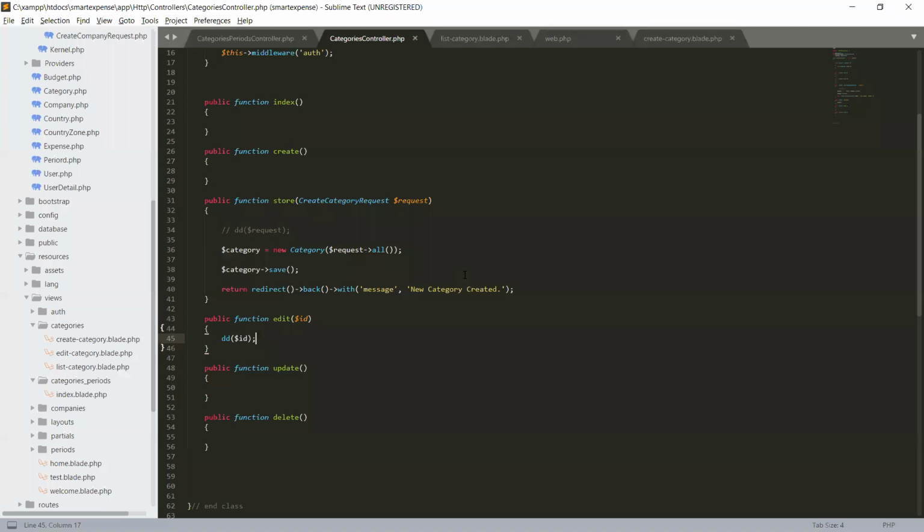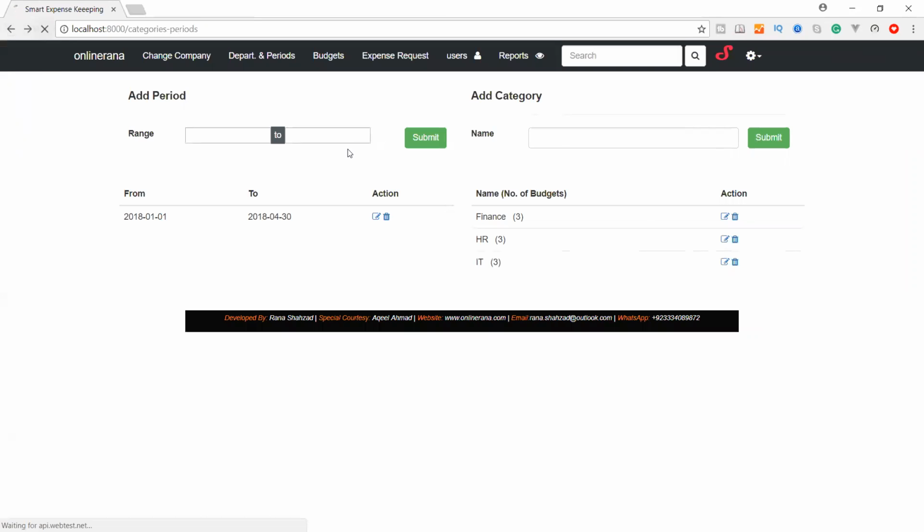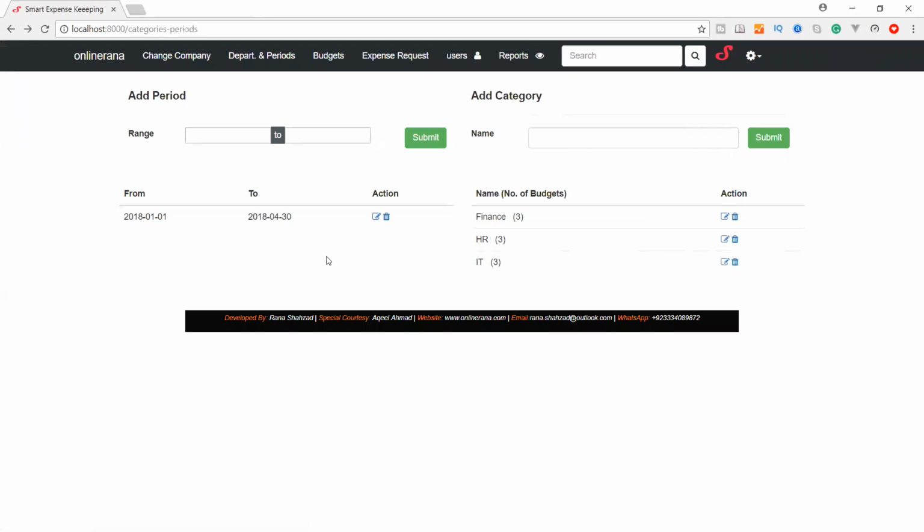In the same way, we can also use it in our delete, and we can give the ID that we are getting, and we can dump this ID. Close the statement, save it, and refresh. When I click on this, we are getting deleting 3 ID. Okay, so in the next video we will see how we can edit, and we need to create a layout for edit. And after edit, of the four functions of CRUD, we will shift to delete. So stay tuned.